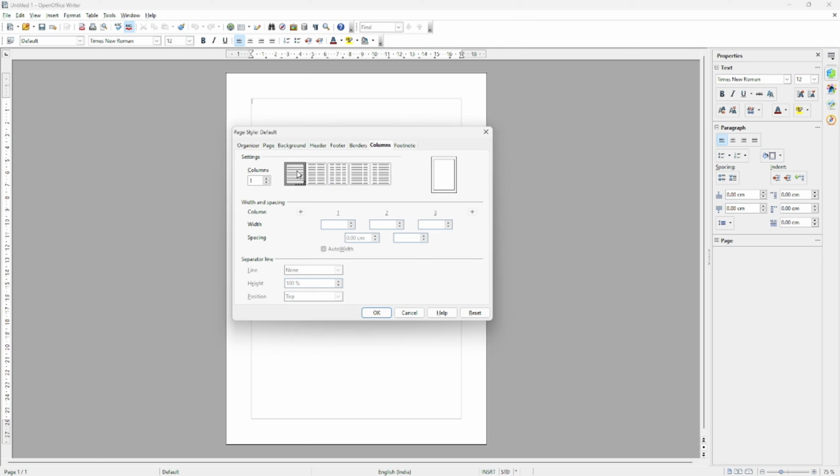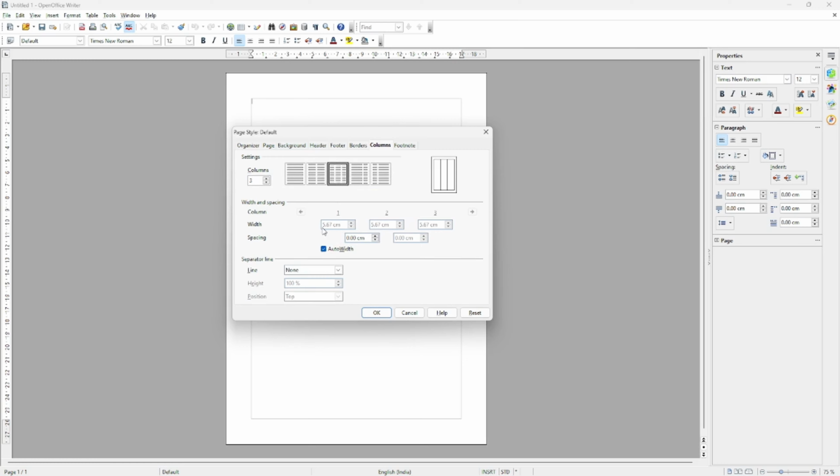But if you want to convert our page or divide our page into 2 columns, then we will select 2 columns in equal size, means it will divide equally, correct? Here you can see it is divided 50-50% like that. And the third option is to divide into 3 columns equally. Now see, 3 columns equally. Here you can see the dimensions of that. See, first column, all page size here 8.5 centimeter, 8.50 centimeter.